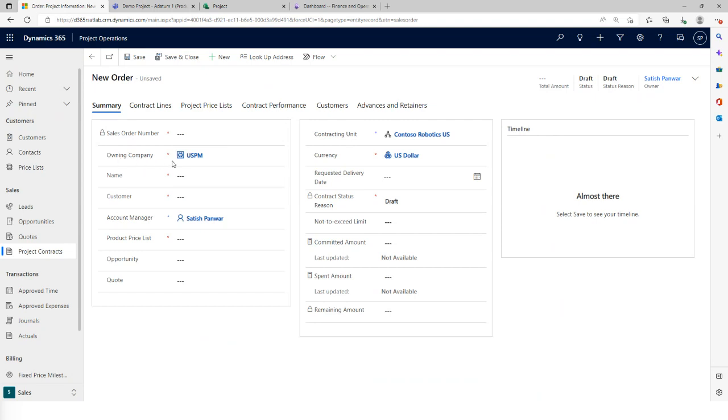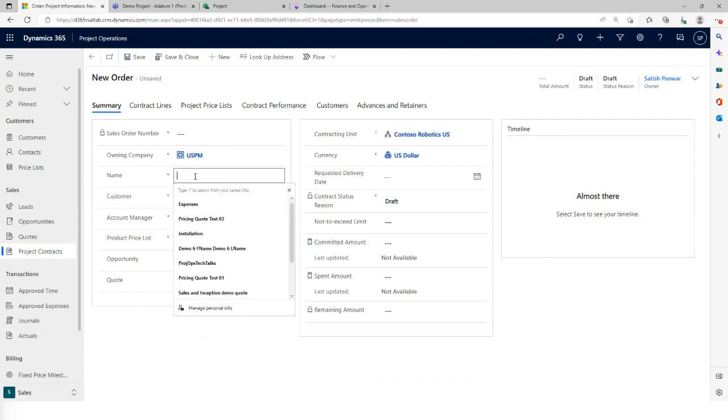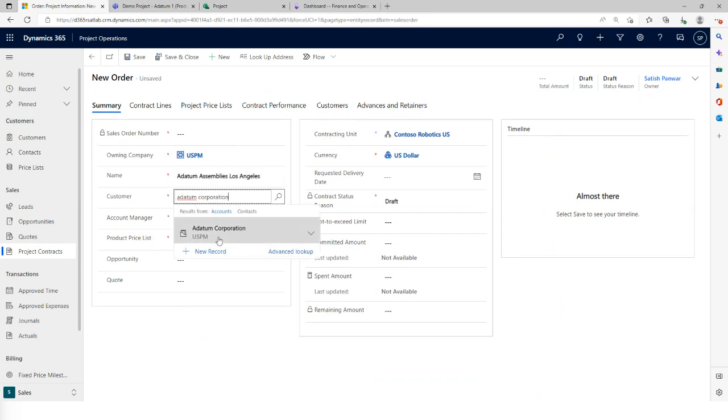Here we have the owning company, the company that's contracting with the customer. In this case, let's say we have a project contract that we are creating for Adatum Assemblies Los Angeles. We can specify the customer, Adatum Corporation. The account manager is automatically defaulted based on how my account is set up. If the contract is being created from an opportunity, or once the quote is confirmed and the project contract is automatically created, these fields will be populated; otherwise